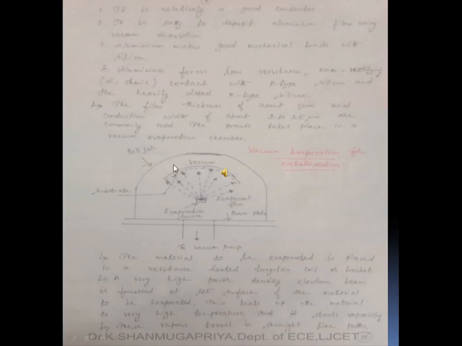After the thin film coating metallization is done, the film is patterned to produce the required interconnection and bonding pad configuration. This is done by photolithographic process, and aluminum is etched away from unwanted places by using etchants like phosphoric acid, that is H3PO4.